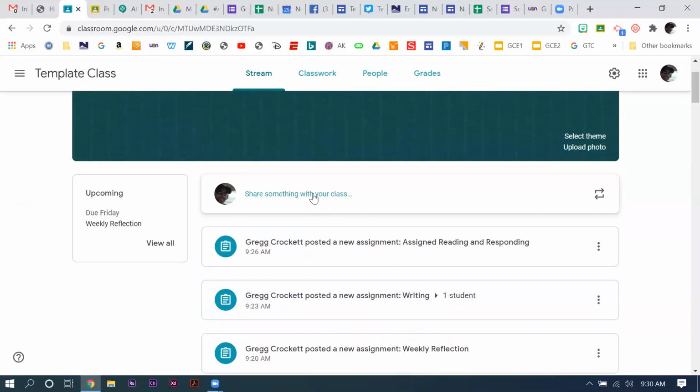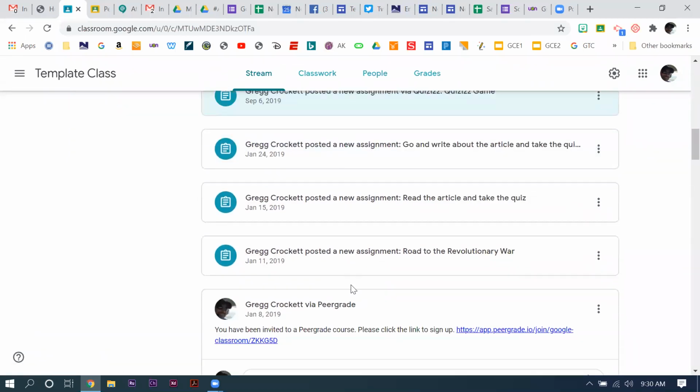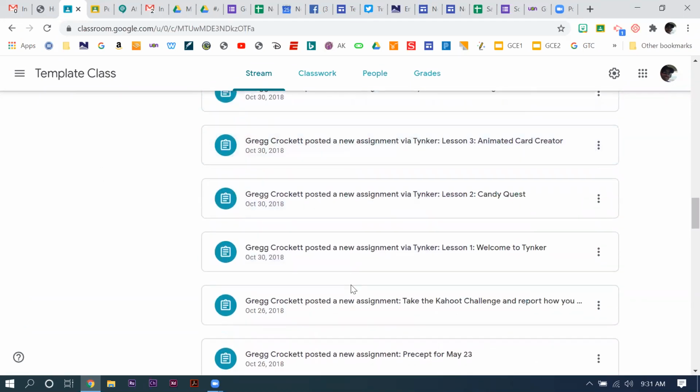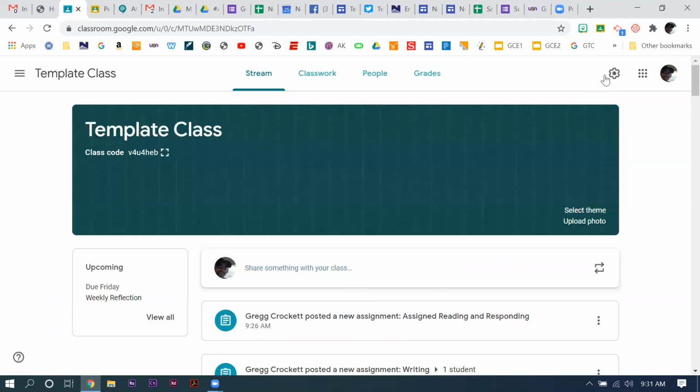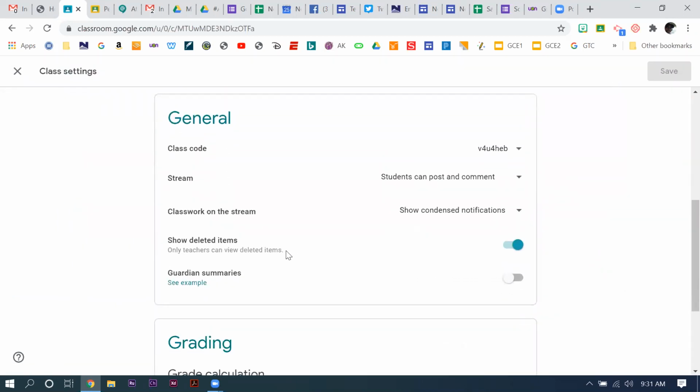So if you had an announcement to share with your class and then you made assignments after it, the announcement gets pushed down. What you can do is inside of your settings, here we have show condensed. There's also show the advanced, but there is hide notifications. If I save that,